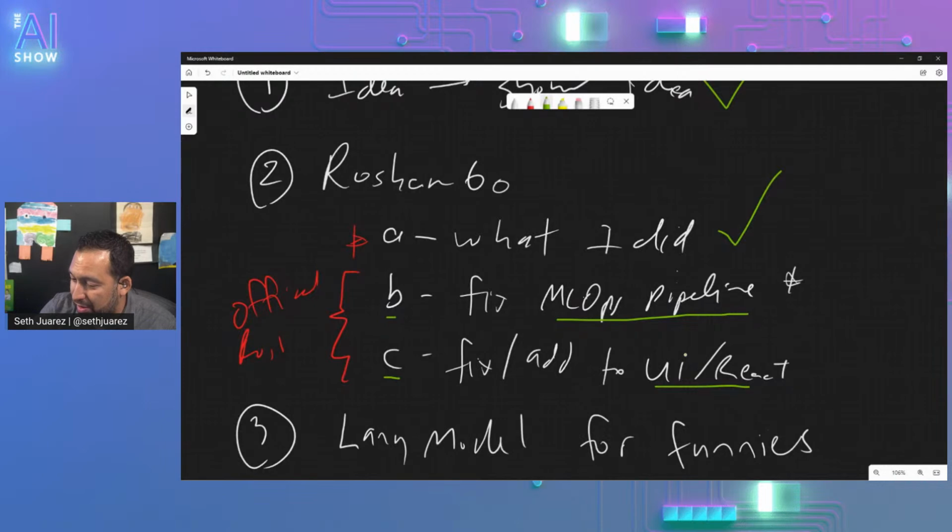Let's get the voting music on. Voting music. B or C? B or C? I've got one for C, two for B, two for B, two for B. Another for B. Three Bs, one C. Okay.